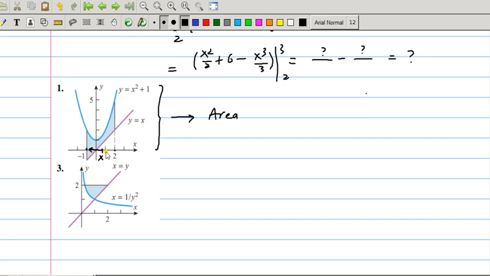These two are the questions, let's see. See, in the first one,